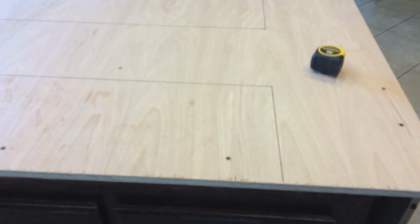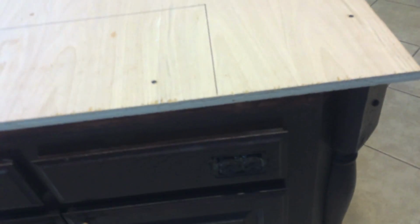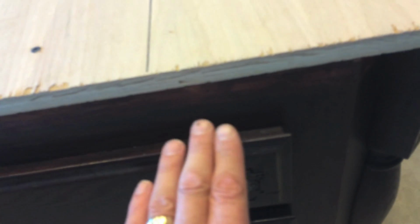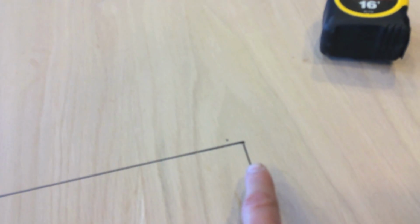Okay, I've drawn my pattern for the wiring. So the basic idea is underneath the counter here and behind this cabinet I do have AC power, so I'm going to put the transformer under the backing of this cabinet so it won't be seen, and then we're going to bring the wires up right around here,